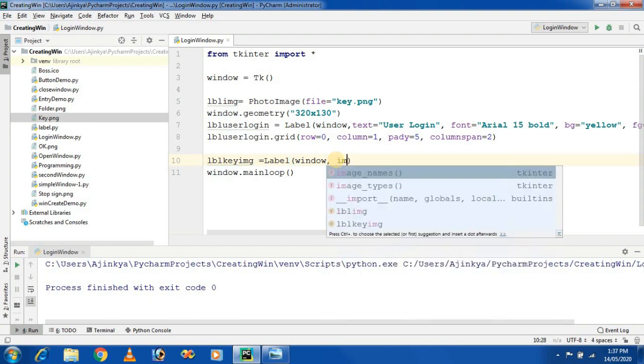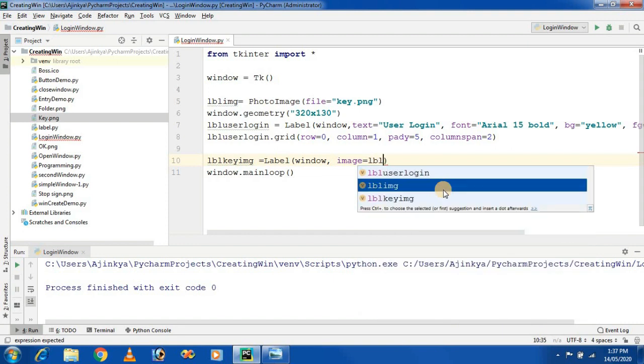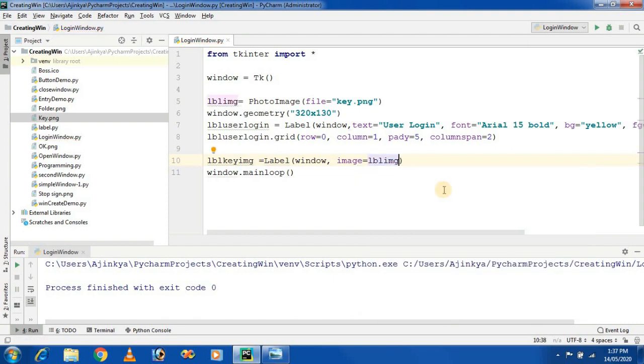Second step, the image property of a label, to place the image on a label. What is the object name? That is lbl image, so place lbl image here. Third, the height of the image is 20.